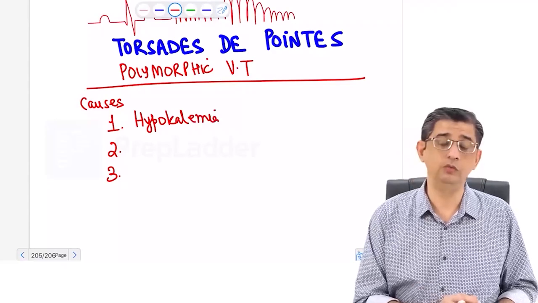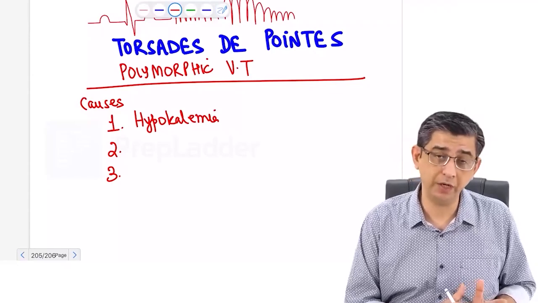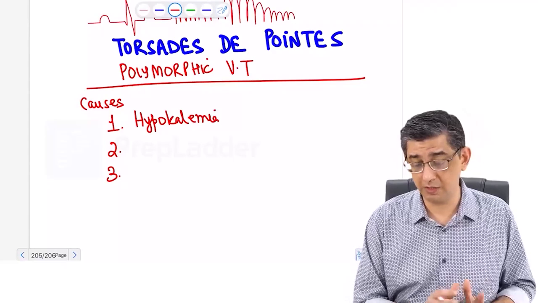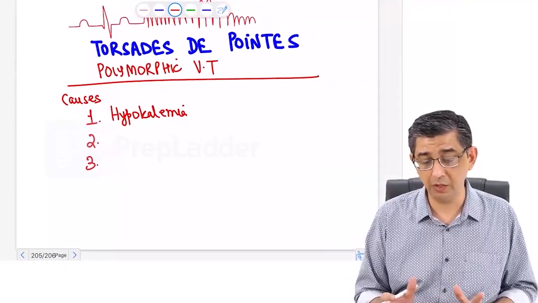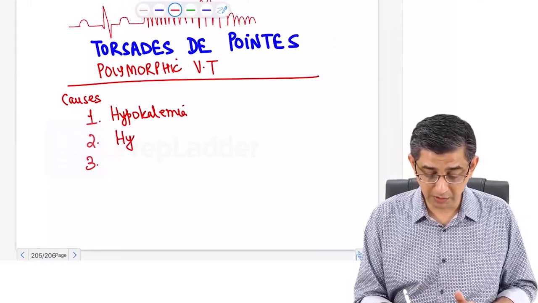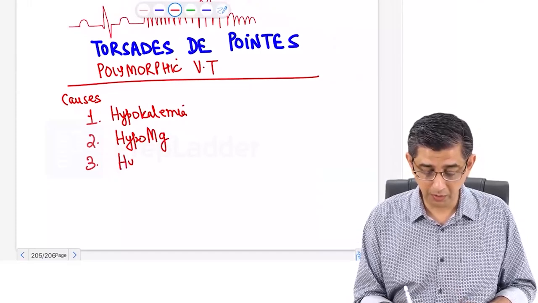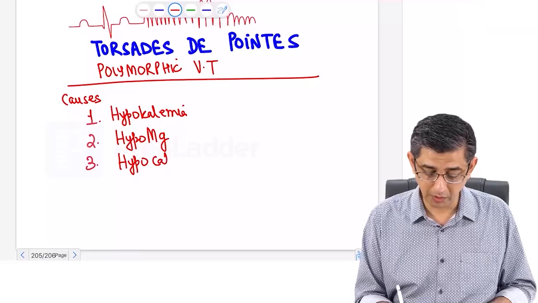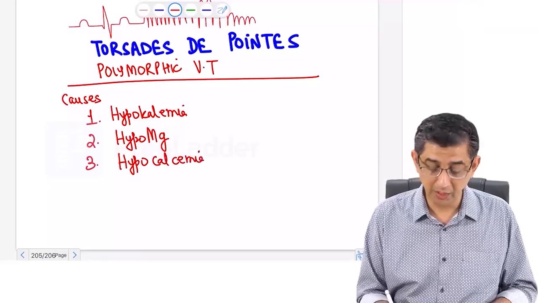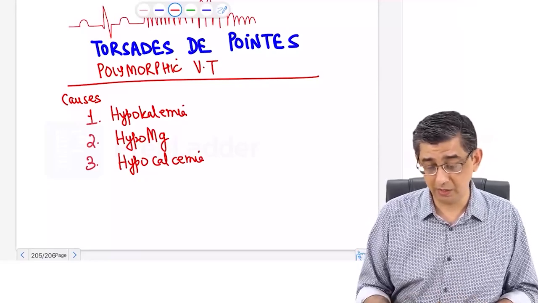You see, if they ask you what is the cause of death in hypokalemia, then it is usually diaphragmatic paralysis, respiratory muscle paralysis. But if he says which arrhythmia is seen with hypokalemia, the answer is the topic that we are studying. Three electrolyte imbalances which they love to ask for this particular topic are hypokalemia, hypomagnesemia, and hypocalcemia. I know hypocalcemia can even cause tetany, in fact can cause death due to laryngospasm,